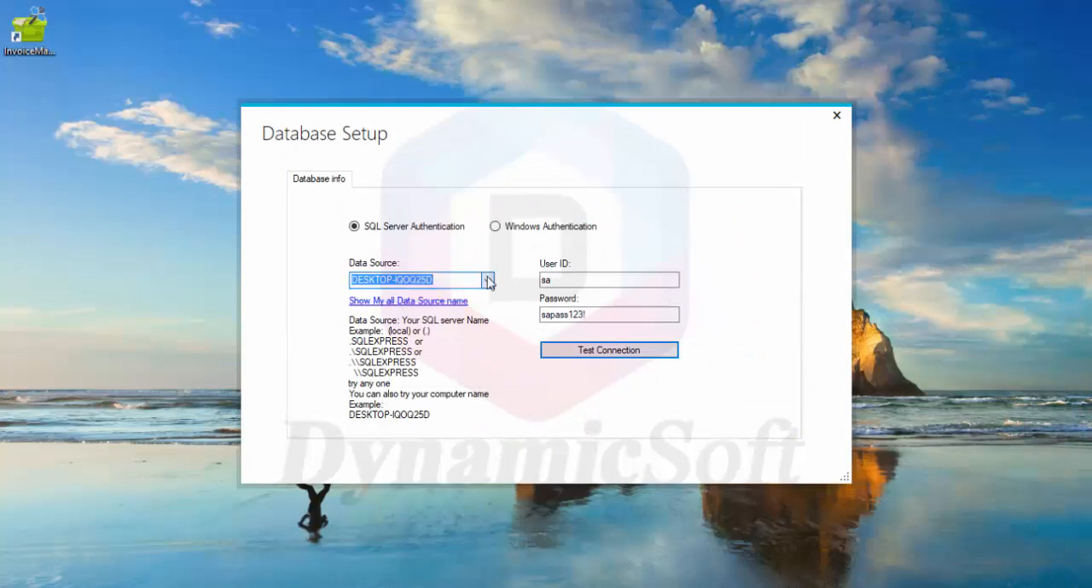First, this is your data source name. You can find all the data source names here. Normally you can put local or dot like this, or SQL Express. For most free editions it is like this, SQL Express. You can test it. If your database has no password or user ID, you can select this one in the authentication. But we recommend